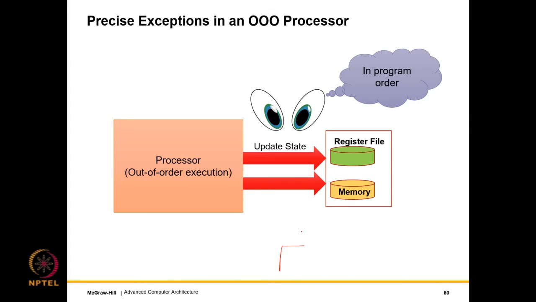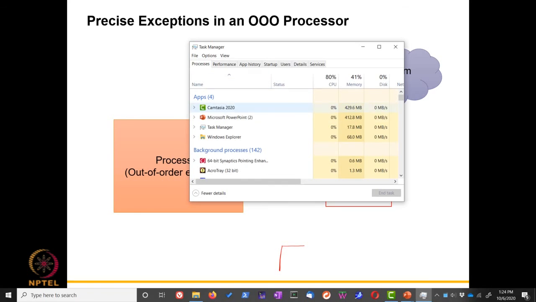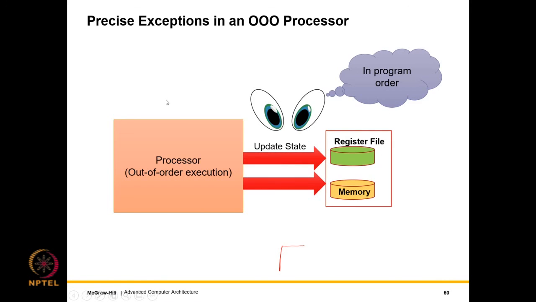So what you can actually see over here in my task manager is that I have a lot of tasks, and you can see your PowerPoint task over here. If I have a single core, what I am actually doing is running multiple programs, program 1, program 2, program 3, etc. on the single core.